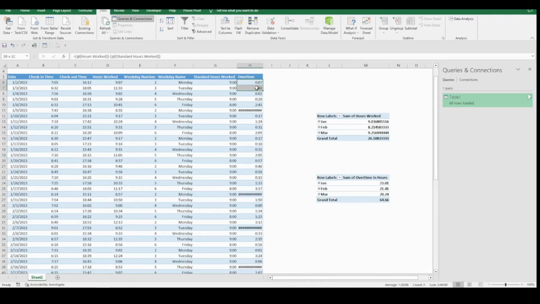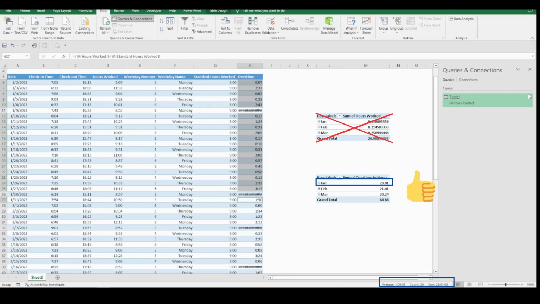In the outputs of Microsoft Excel, if I ignore the negative numbers, I have exactly the same results as I can see on the right bottom edge of the screen. 23 hours and 1 minute for the month of January.